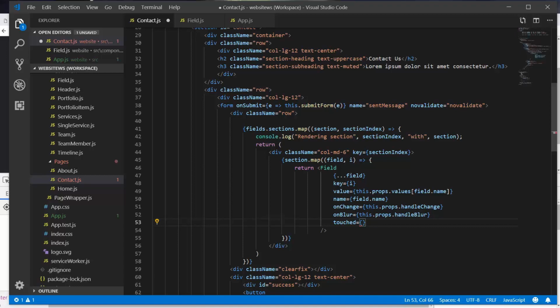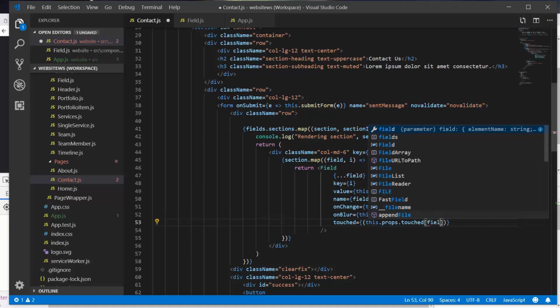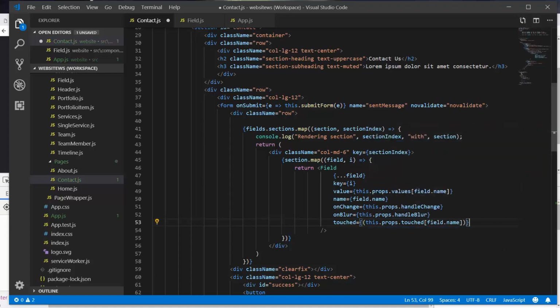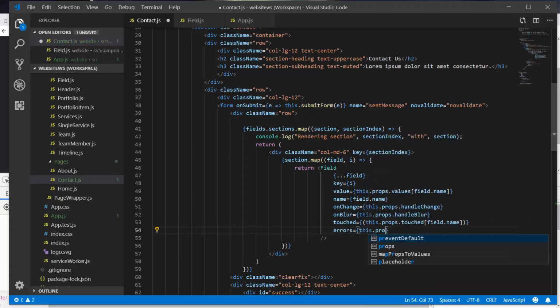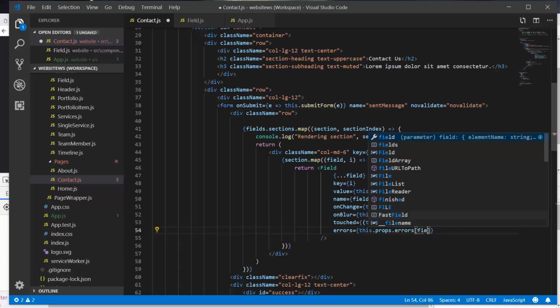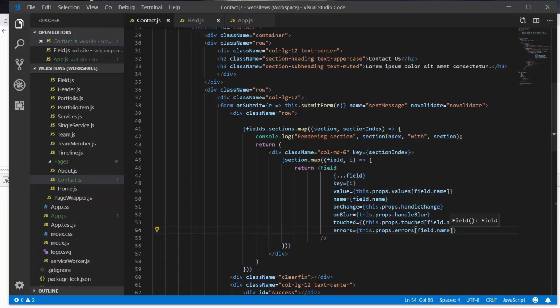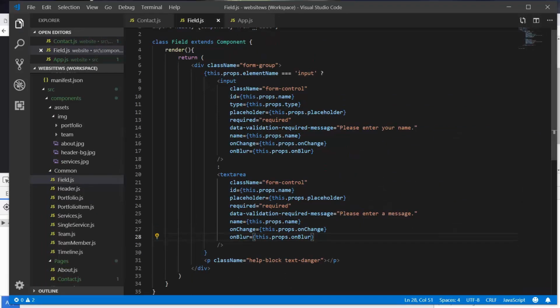So we're going to open up brackets here, and we're going to say this dot props dot touched, and then field name, and errors is going to be this dot props dot errors, and then square brackets field dot name. Now I'm going to save this, and in field itself now